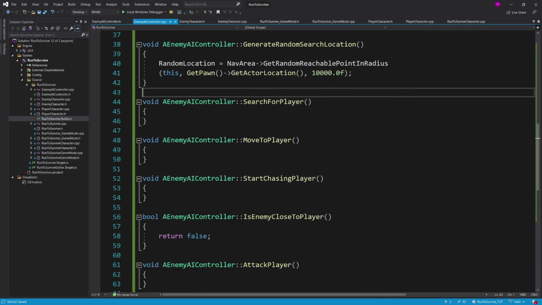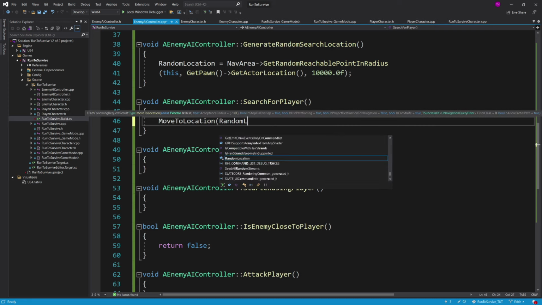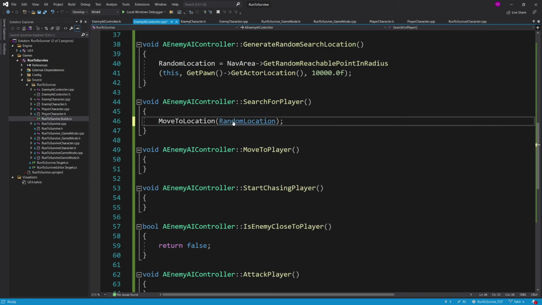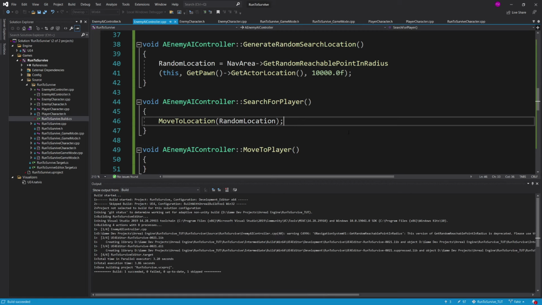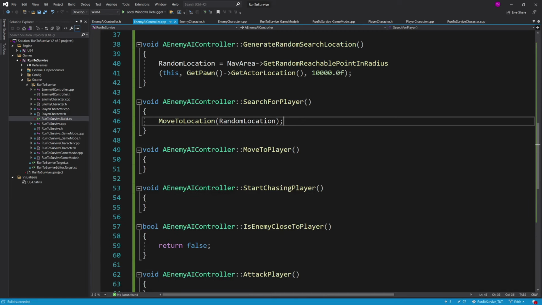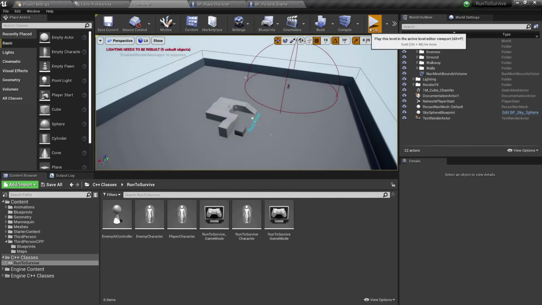When we do that, over here inside of our search for player, we are simply going to say move to location and pass the random location to move towards it. So we can Control Shift B and compile this. And when we run our game, we will be able to see that, because if I go back now inside of our game, I'm going to hit P to remove that. If I hit the play button,